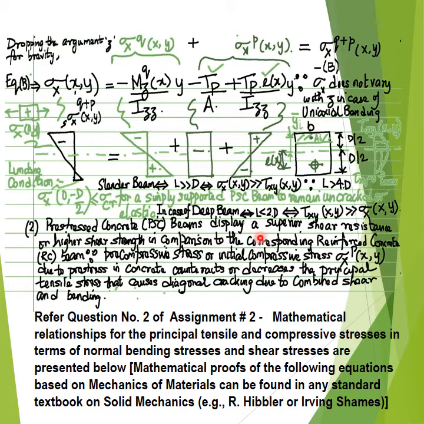The pre-stressed concrete beams display a superior shear resistance or a higher shear strength in comparison to the corresponding reinforced concrete beam, fundamentally because the pre-compressive stress or the initial compressive stress